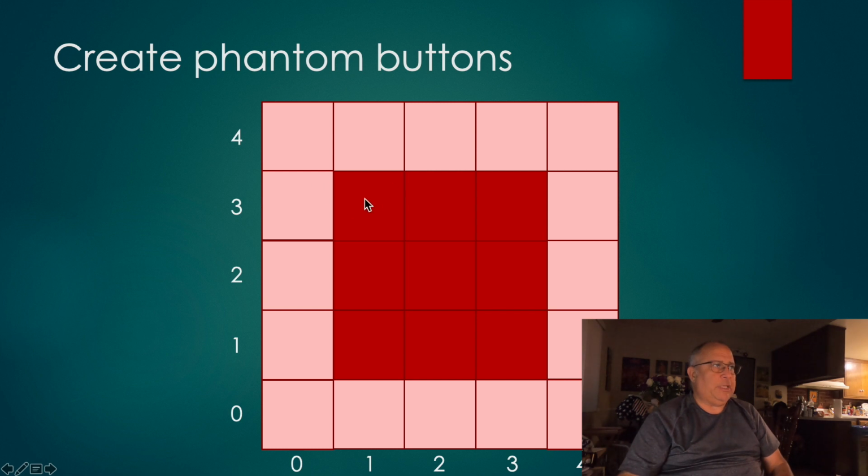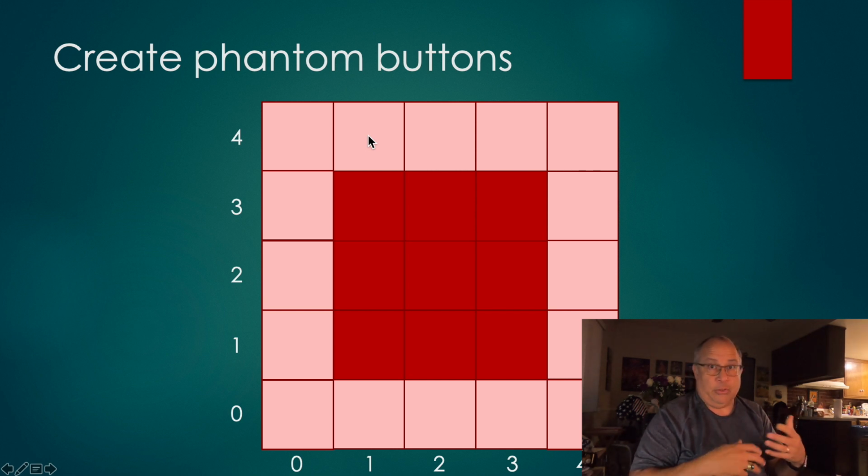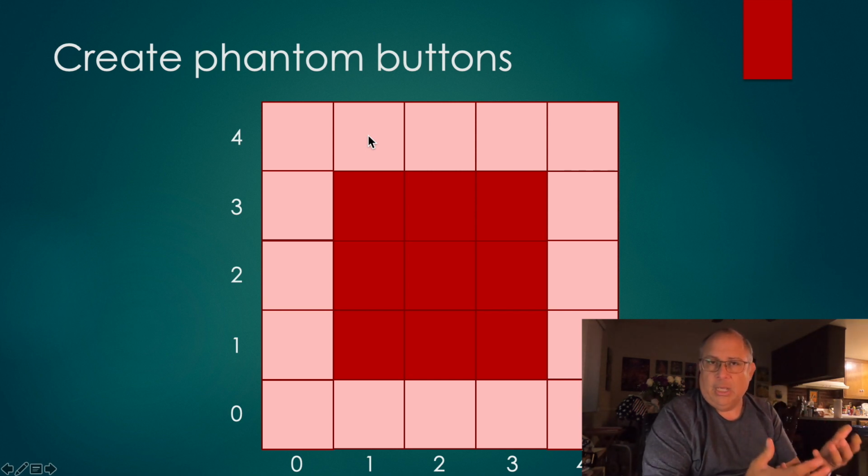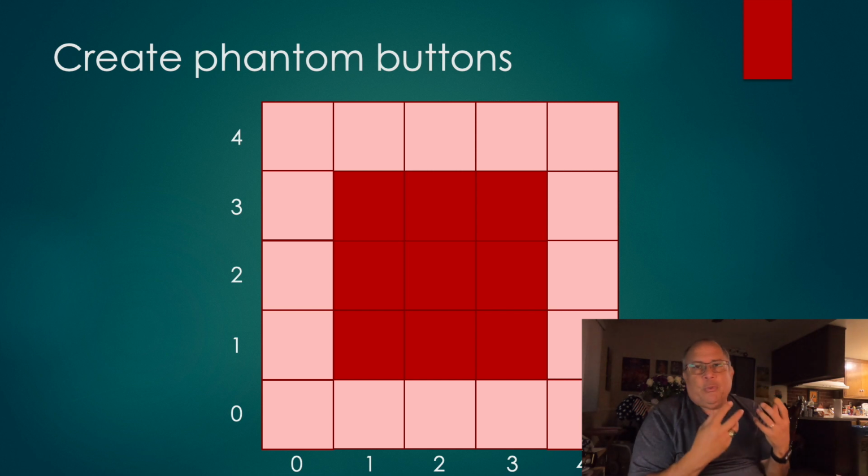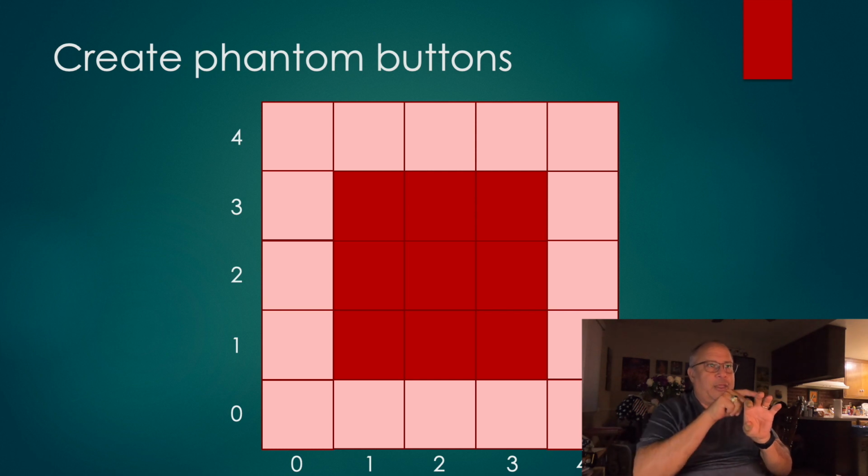Even if the user clicks this button and in memory something swaps, it swaps only in memory. It doesn't actually swap in terms of the visual presentation of this program. But the reason I do that is because it helps me solve the problem: can I make it so that no matter what button I click, the one above, below, to the left, to the right, and the one that I clicked gets swapped? And this solves that problem.